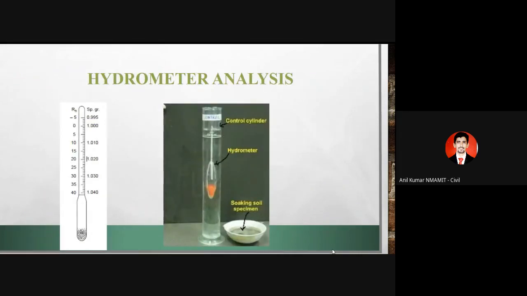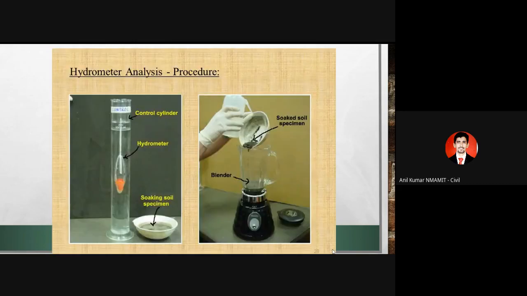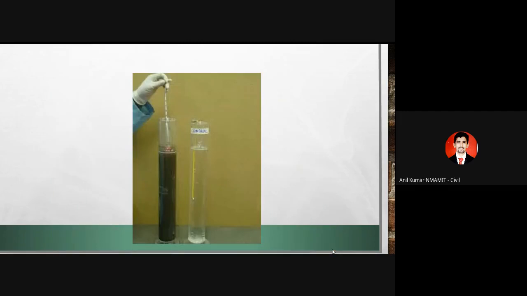The hydrometer is there at the center. You can see the hydrometer bulb. We have the container, which has to be filled with water. How much water? 1000 ml of water is fixed, and you have a soil sample which is homogeneously mixed with the water, and then you place the hydrometer. The hydrometer will give you different values, and based on them you have to find the hydrometer reading. This is how the mixing is done, and this is the soil sample.